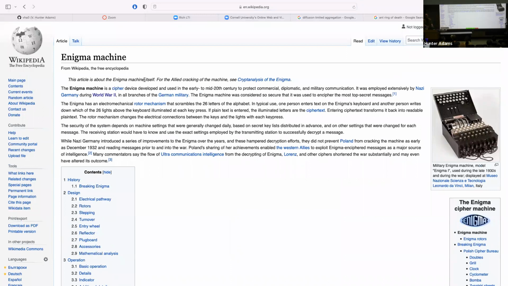This is an absolutely fascinating machine. It's an enciphering machine. So what that means is it takes a message in plain text and turns it into cipher garbled text. It takes a message and just makes it nonsense. This was used throughout World War II by a number of different nations, but most extensively and most famously by the German army, by the Nazi army. This was how they were encoding all of their transmissions.